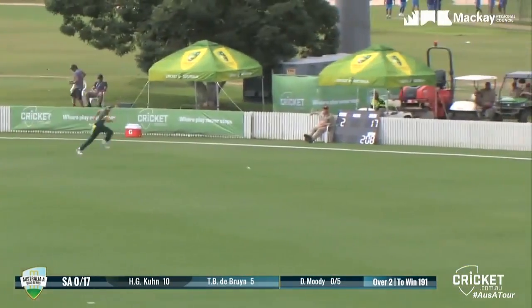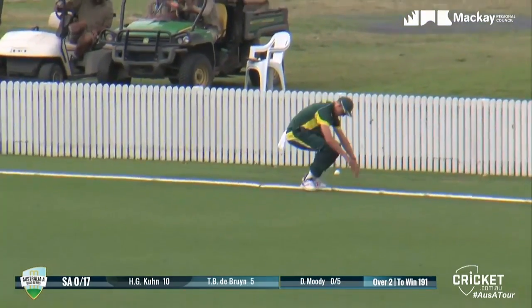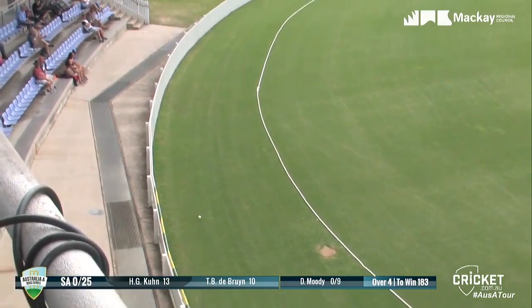Moody gets onto the legs, and it's whipped away beautifully, and it's going to beat the fielder and pick up the second boundary to chase down 322. And that's a glorious shot, and he did not move a muscle in terms of running because he knew off the blade,